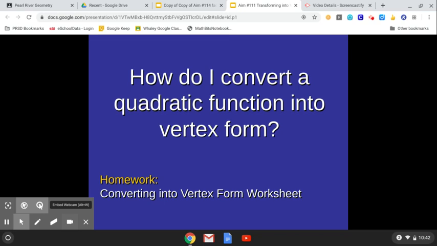Hey guys, welcome to one of our final lessons here in this unit. We talked about vertex form yesterday and how you can use vertex form to actually figure out what the vertex is, or if you wanted to, describe how the parabola shifted left, right, up, or down. Well, today we're going to take